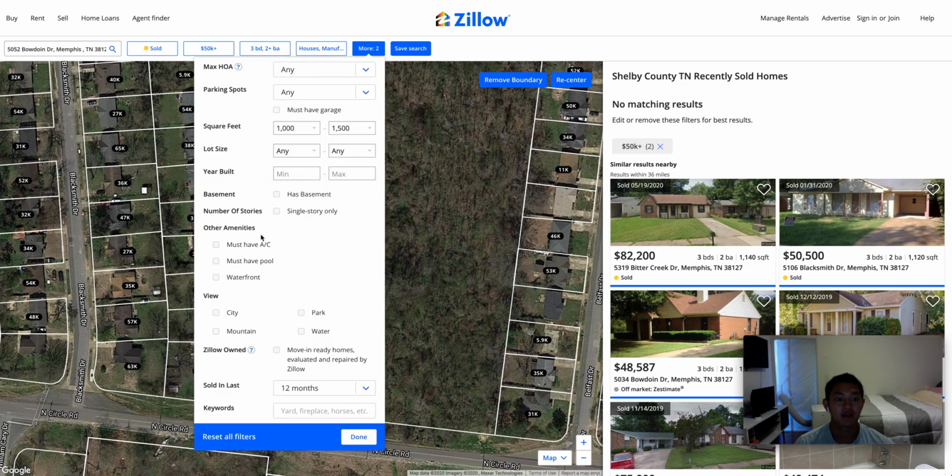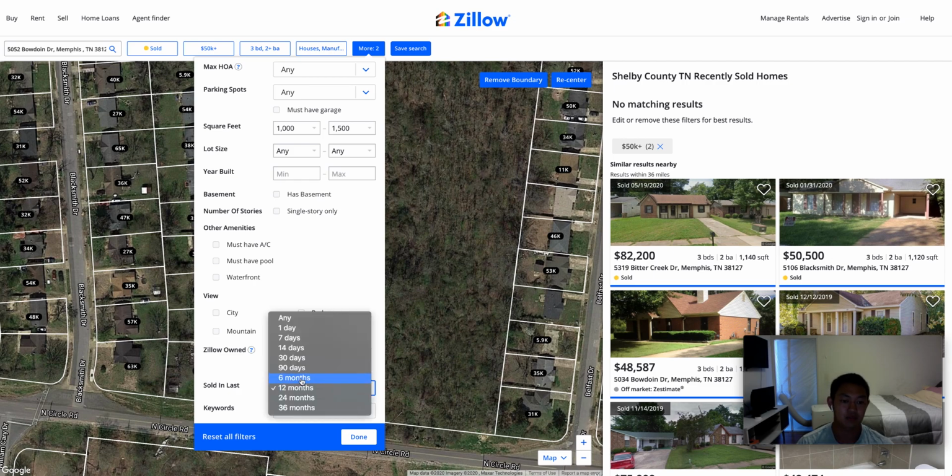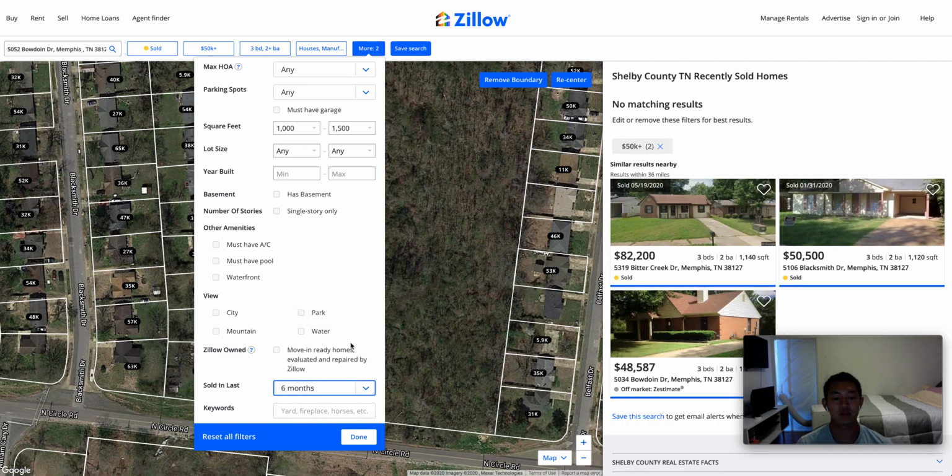Then once you click here more, what you want to do is click sold in the last 6 months. That way you can get the most recent properties that have been sold nearby your property. And where it says square feet, what you'd like to do is, our property I believe was